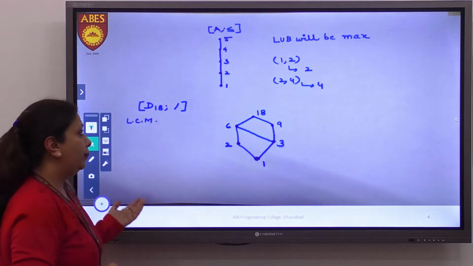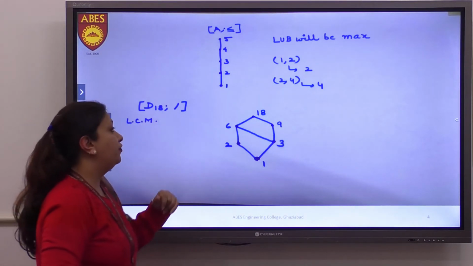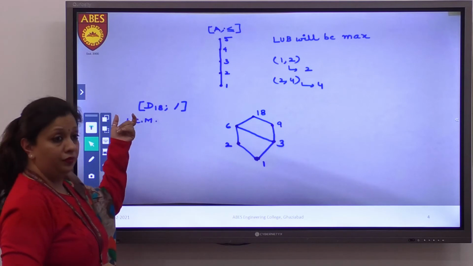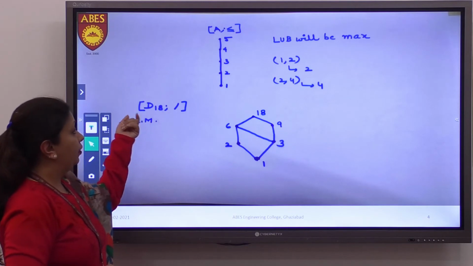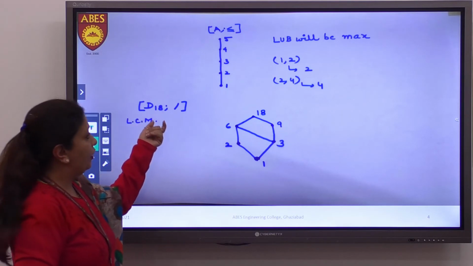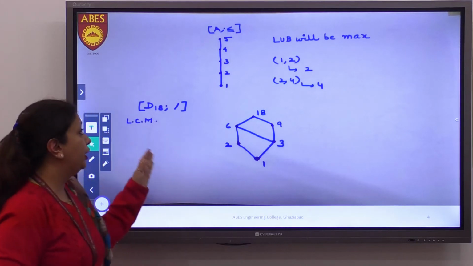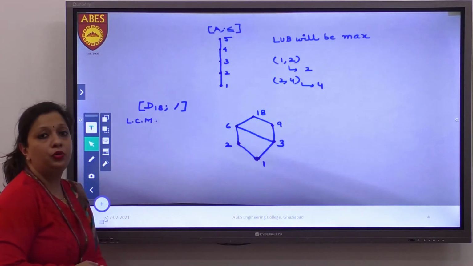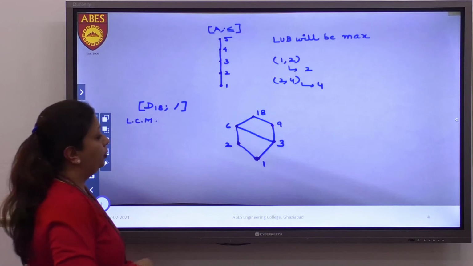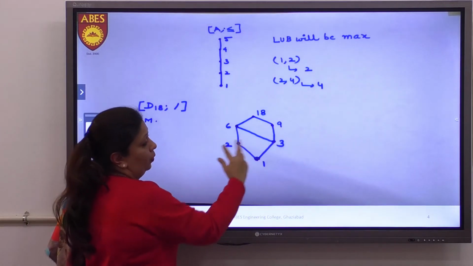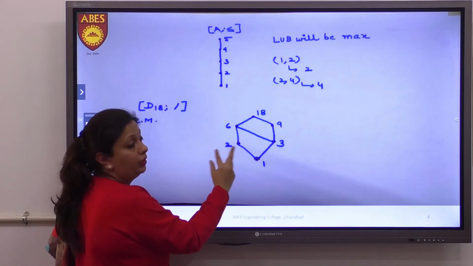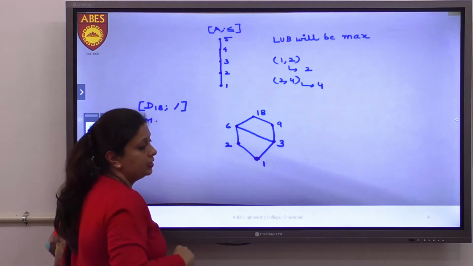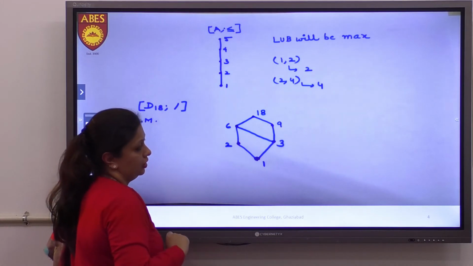So we can either apply the properties, or whenever we have a standard example like this, that is we have a set like D18, D10 and we have division as operation, you can directly take the LCM of the 2 numbers. This will give you LUB. So if I take 2 and 3 over here, what will be the LCM of 2 and 3? 6, and 6 is present. So we can say that there exists an LUB, that is 6.